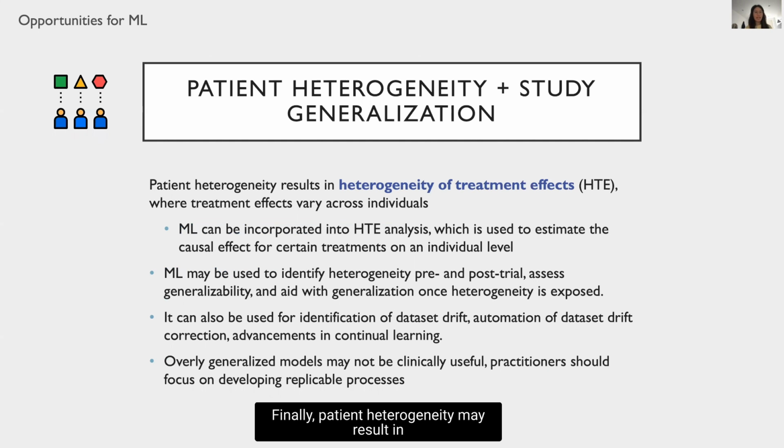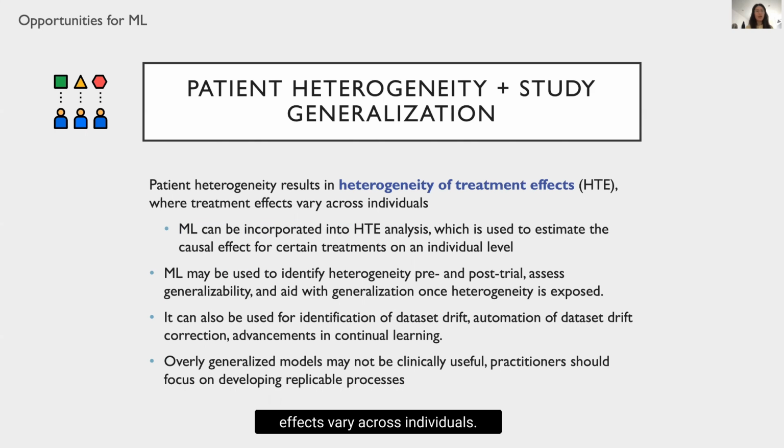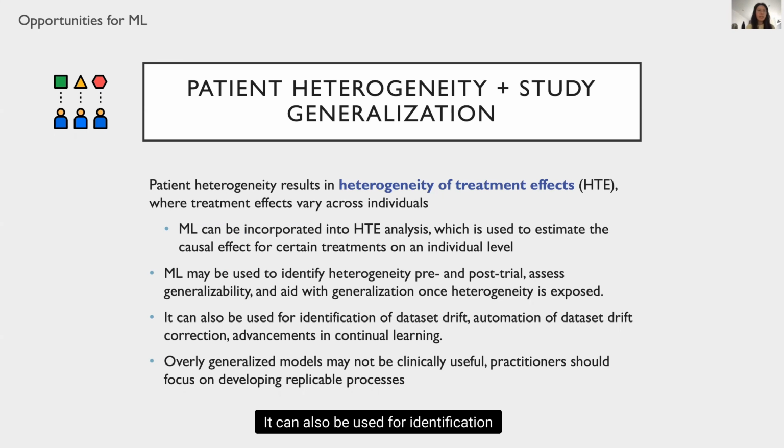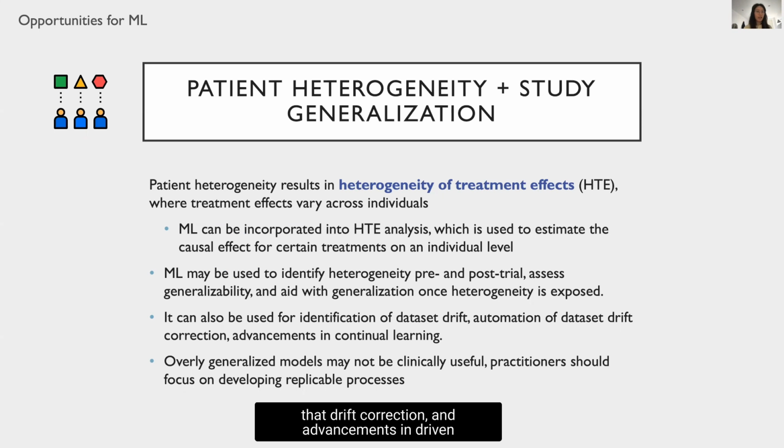Finally, patient heterogeneity may result in heterogeneity of treatment effects, where treatment effects vary across individuals. Machine learning could be incorporated into heterogeneity of treatment effects analysis, which is used to estimate causal effect for certain treatments on an individual level. Machine learning may also be used to identify heterogeneity pre and post trial, assess generalizability, and to aid with generalization once heterogeneity is exposed. It can also be used for identification of dataset drift, automation of dataset drift correction, and